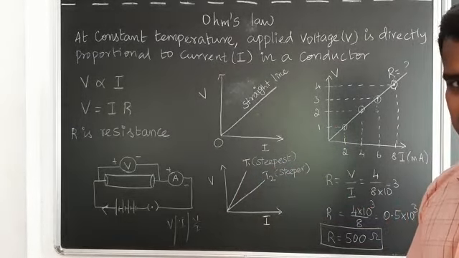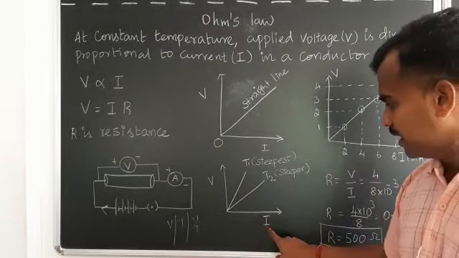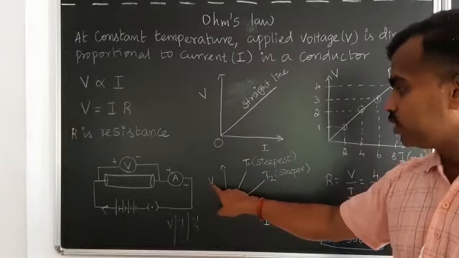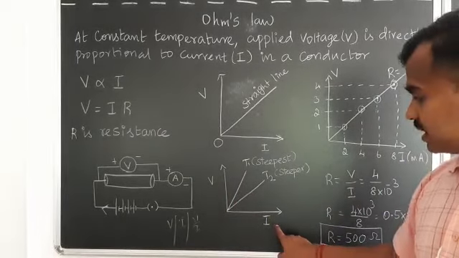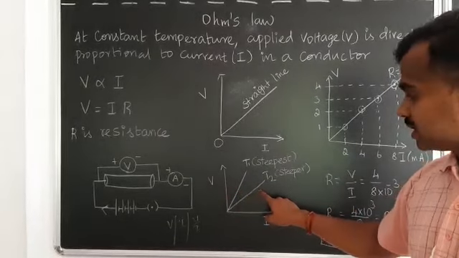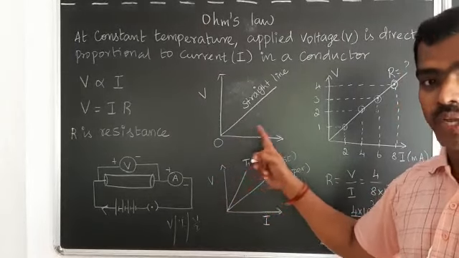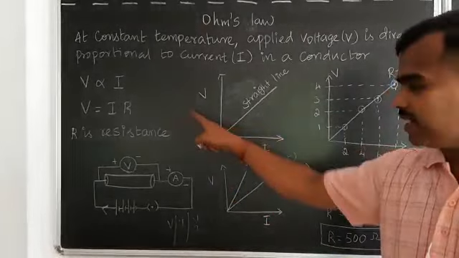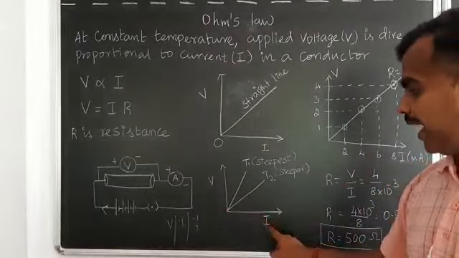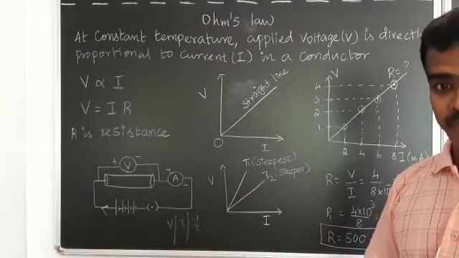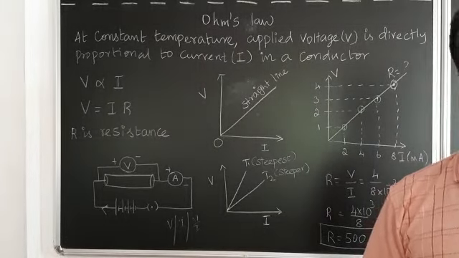Is it clear? And sometimes they twist the question, so that I goes to the y axis and V goes to the x axis. Then which one will have more resistance? Remember that this is V, this is I. In that case, this one will have more resistance, because V is on the x axis and I is on the y axis. Remember the equation and what they have given on the x and y axes. Please keep it in mind. Only from which axis they have given V and I can we identify the resistance value, or compare the resistance between two straight lines. I hope you understand well.